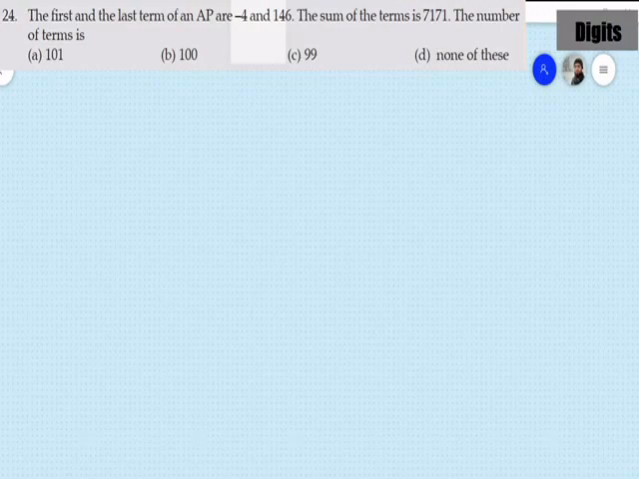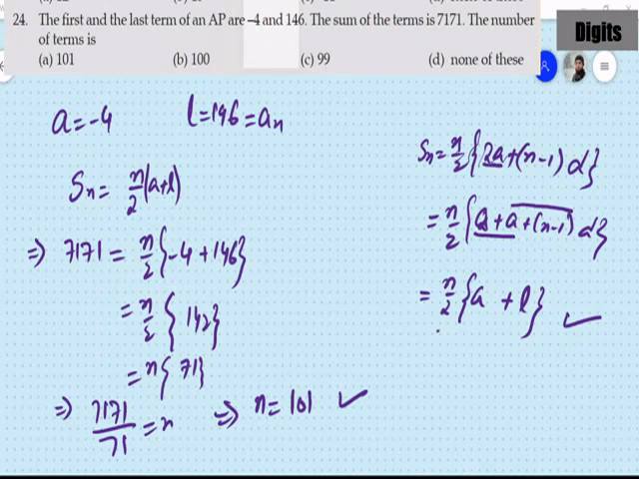We will say let there be n terms. It implies the nth term an is equal to 146. And also it is given the sum of n terms is 7171. Here we have to find d. In another way we can say we don't require d, we have another formula: Sn is equal to n by 2